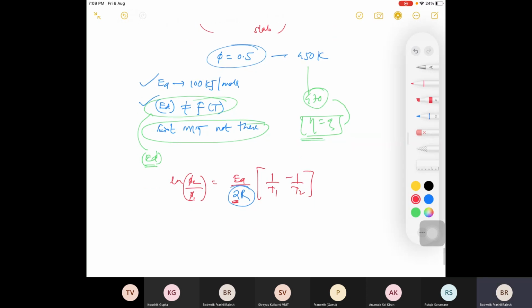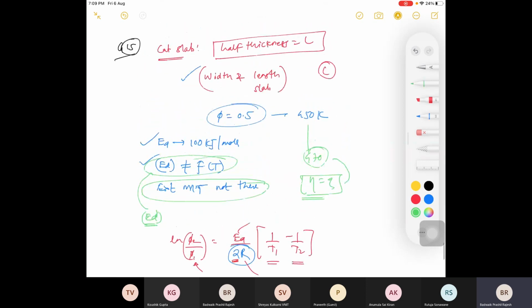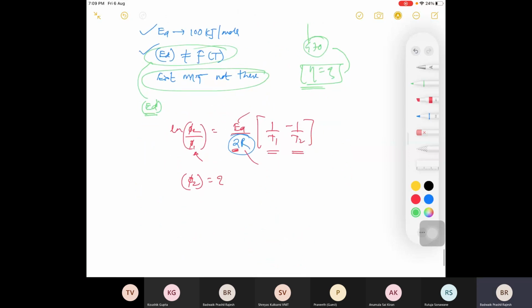Can you guys please calculate? You know activation energy, you know R, you know temperature 1, you know temperature 2. Phi is also given. What is phi 2? Calculate that. And what is written there? You are having a catalyst slab. For catalyst slab,